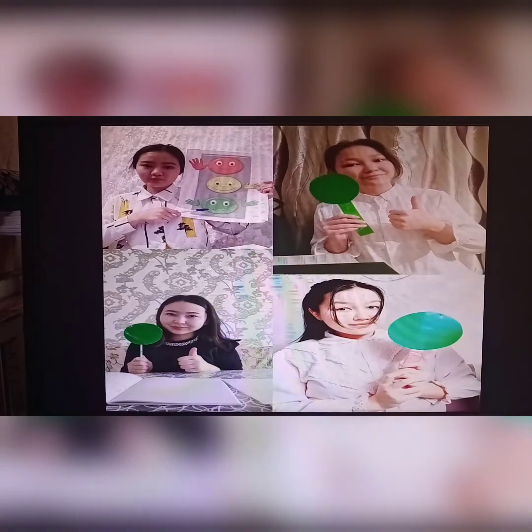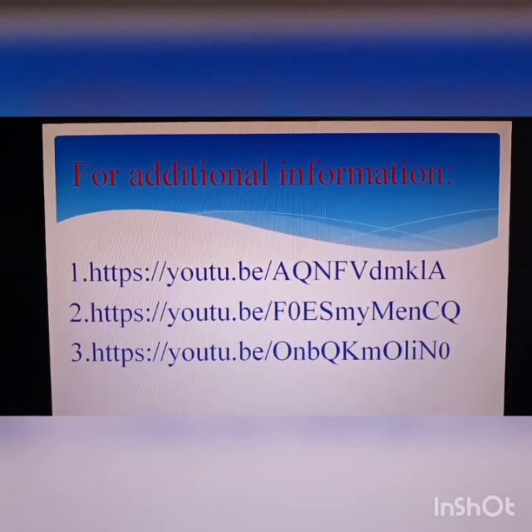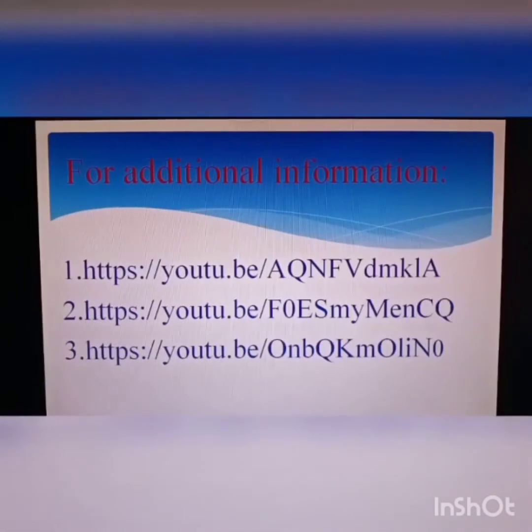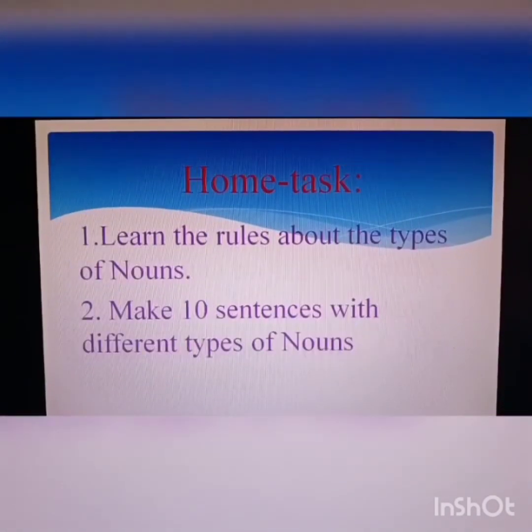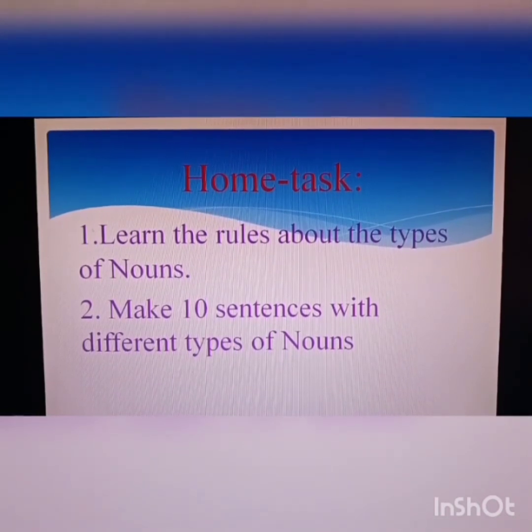This is the feedback of the lesson. For additional information, I'll send these references to the students. Then I gave the home tasks.